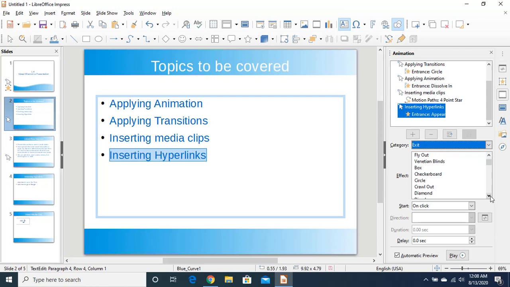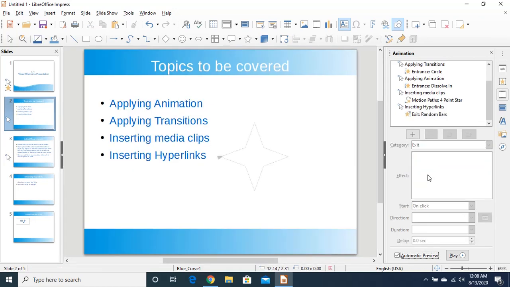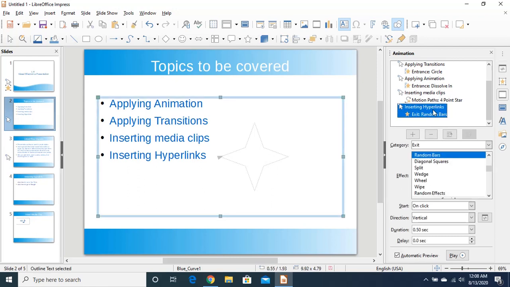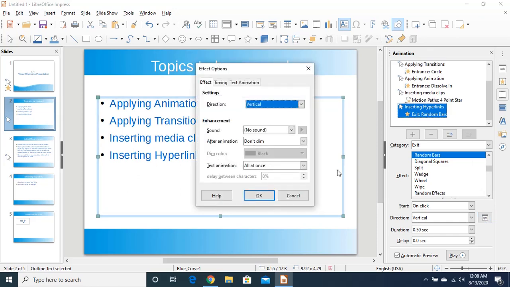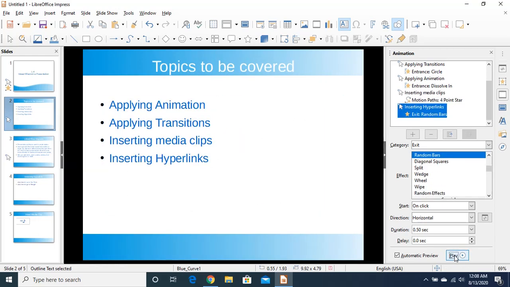And in exit effect I want to choose, suppose, random bars. Okay, so when we talk about this direction, here it will show which direction you want to use. Either you want to use vertical or you want to use horizontal direction. If I choose horizontal and click on OK, your effect will work like this.